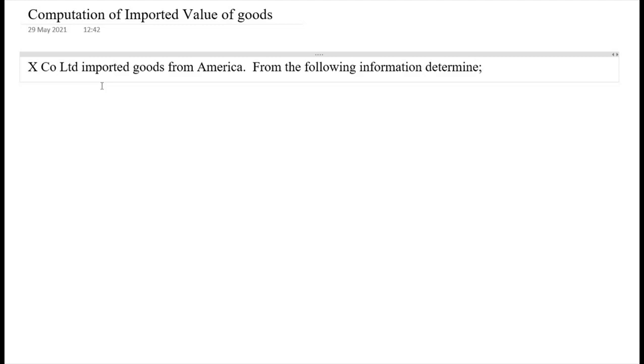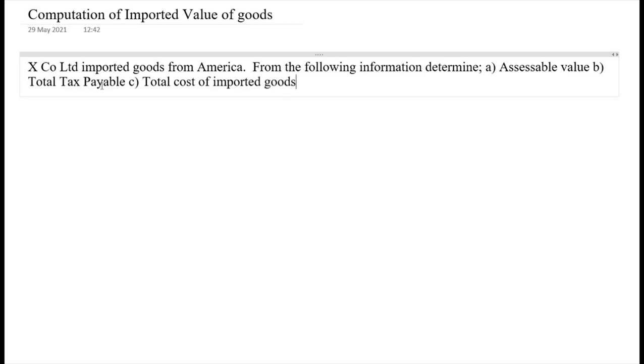Determine assessable value, total tax payable, total cost of imported goods. The details are: